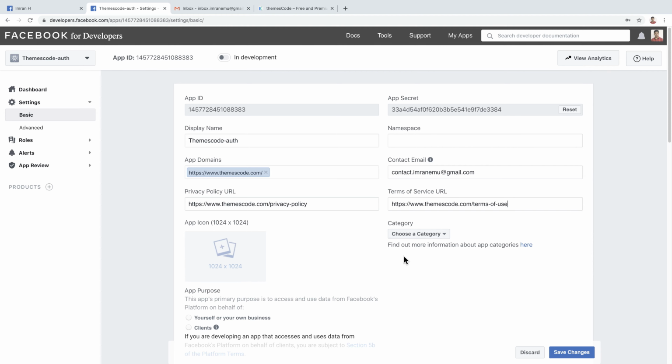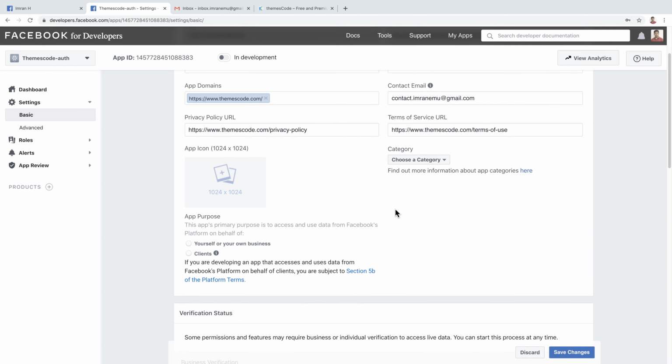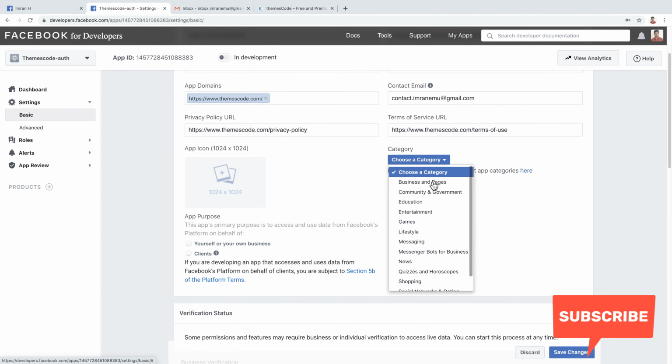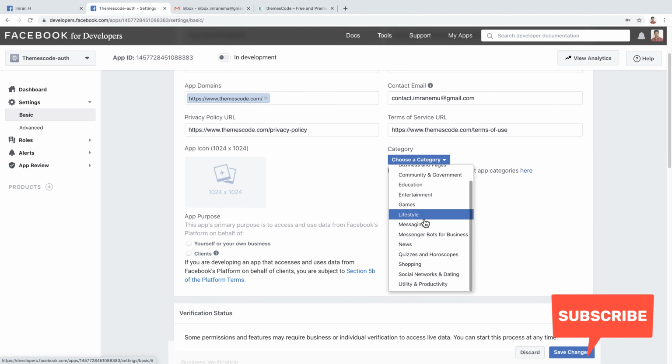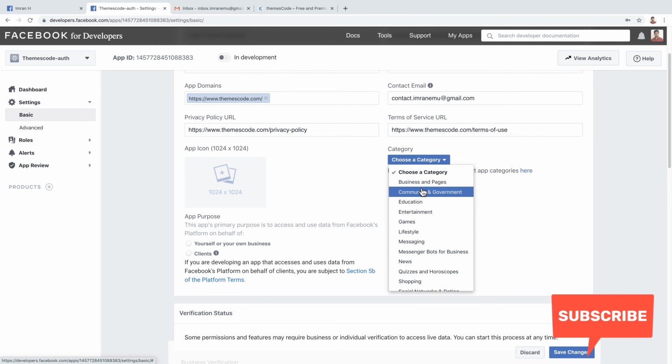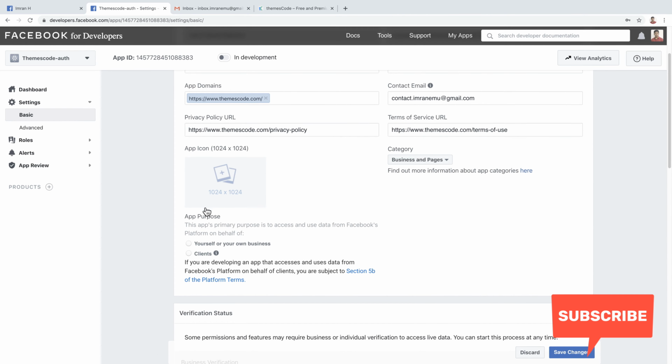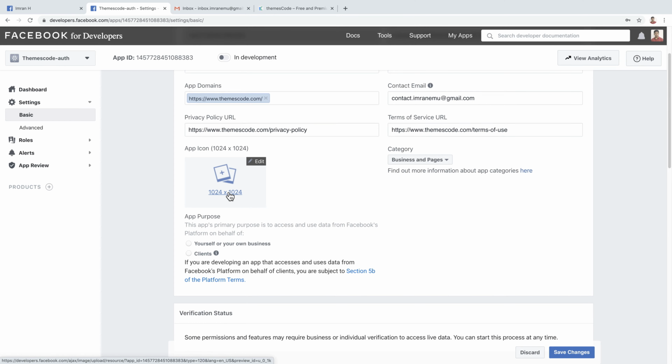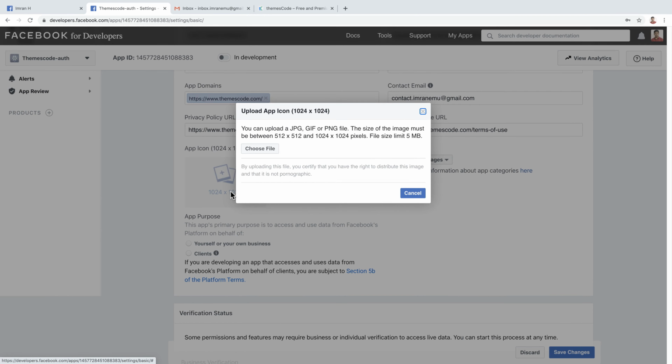And here you will have to choose a category for your page: business page, education, entertainment, lifestyle. According to your business, just select whatever you provide. Here it is, and app icon. Unfortunately, I could not add any icon, but let me search for it.